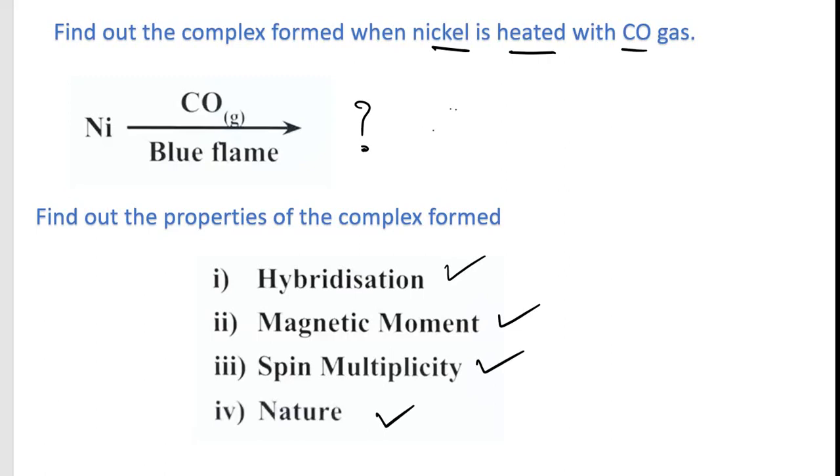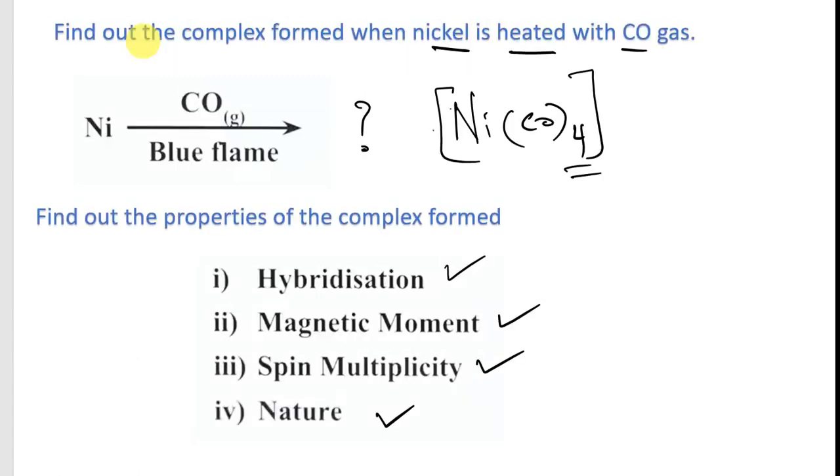What will happen? NiCO4 will be formed. So nickel tetracarbonyl will be formed here. Right. Let us work it out here. What we have to find out? We have to find out hybridization, magnetic moment, spin multiplicity, nature for nickel tetracarbonyl. Right. So nickel